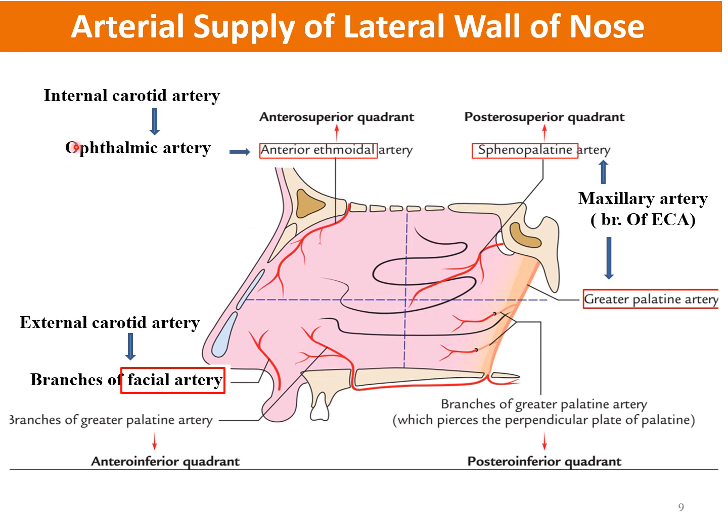So one such artery is the ophthalmic artery, right? This artery supplies the contents of the orbit, and not only that but the areas around the orbit also. As the nose is very close to the orbit, we'll get some branches from the ophthalmic artery which will supply the nasal cavity also. This artery is a branch of the internal carotid artery. So the first artery that you have to remember is the ophthalmic artery, and we'll look at the branches of this.